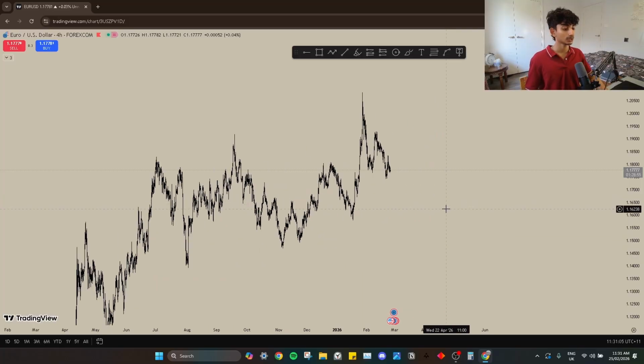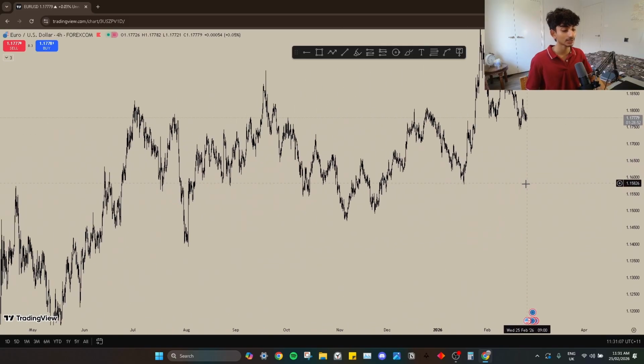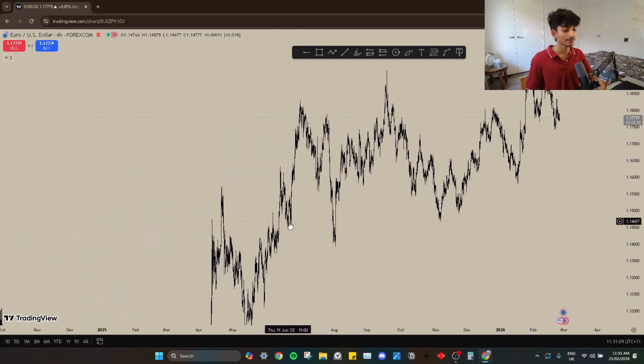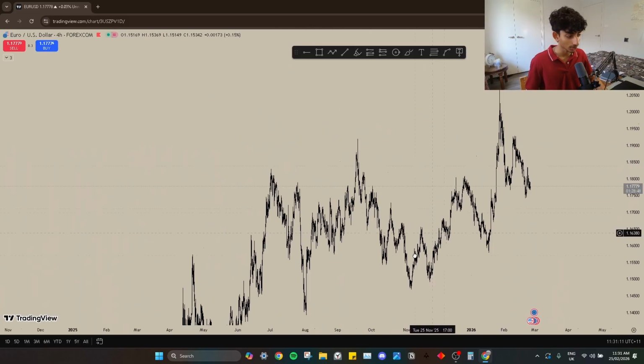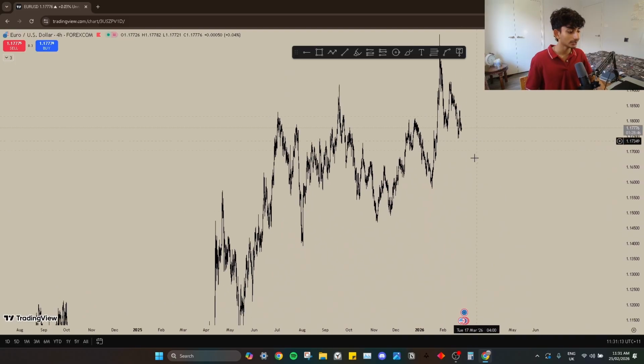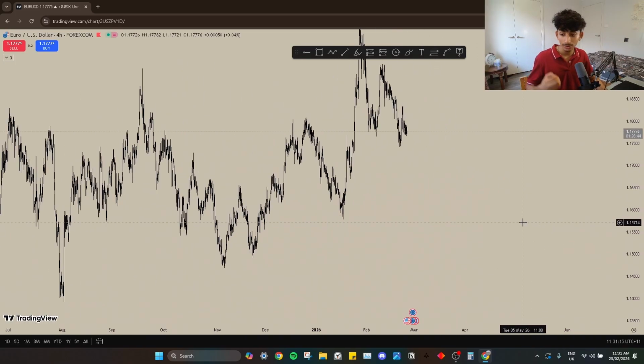Let me recap. Stop looking for changes of characters. Changes of characters are going to happen everywhere on the chart, okay? Like literally everywhere. Look at the internal structure, the move that the internal structure is making. Only look for changes of characters when your internal structure aligns with the higher time frame. That is the only point in time a change of character should even matter to you, okay?